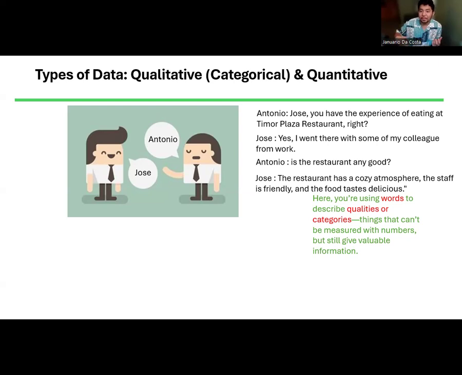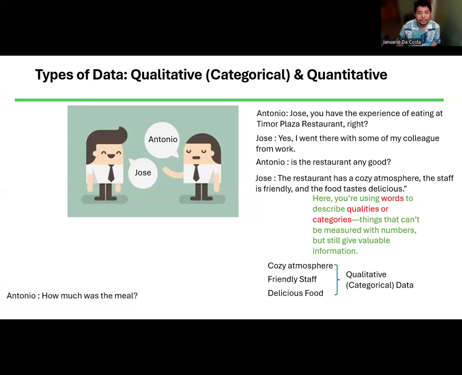Things that cannot be measured or represented with numbers, that is what you call qualitative data. For example, cozy atmosphere, friendly staff, and delicious food. Now that is qualitative or categorical data. Okay, now